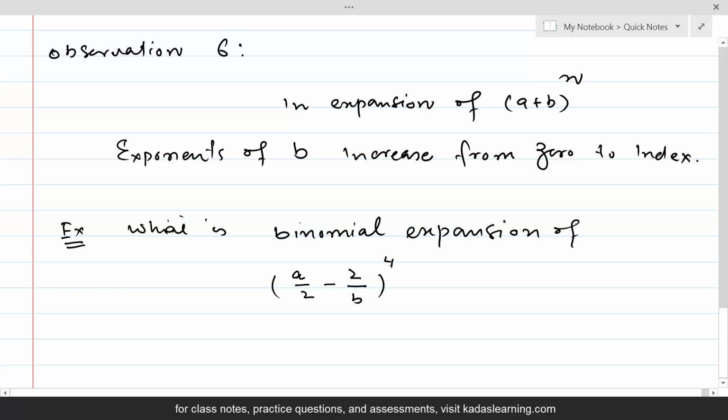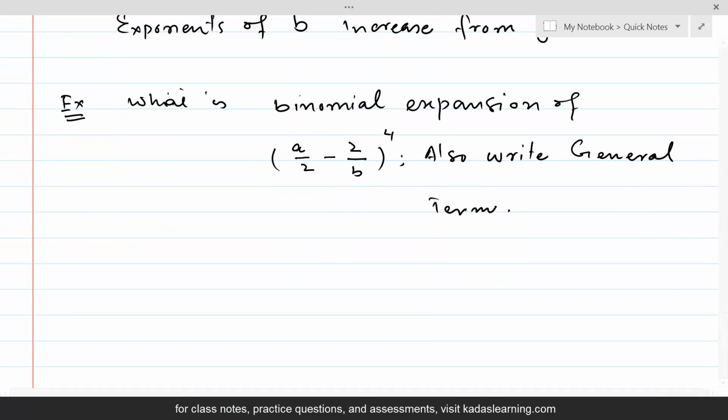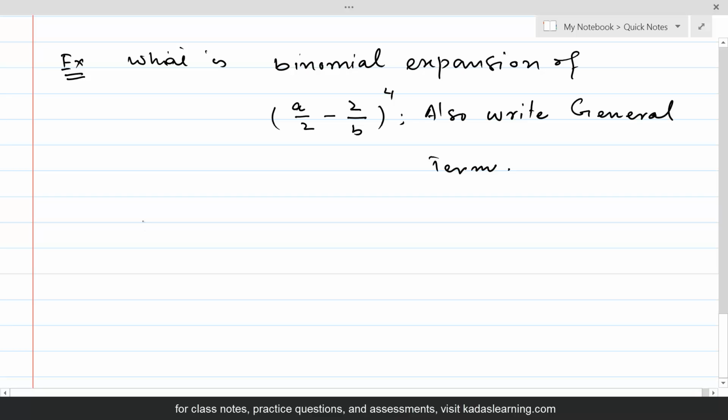If we were to write the binomial expansion of this, also write the general term. So we can in fact learn how we will apply binomial expansion, and it can be applied to any binomial. So if this is (a/2 - 2/b)^4, this would be equal to